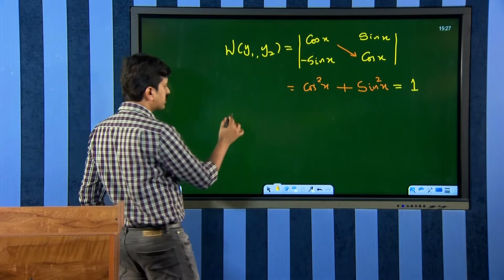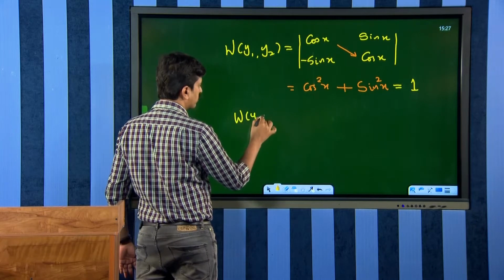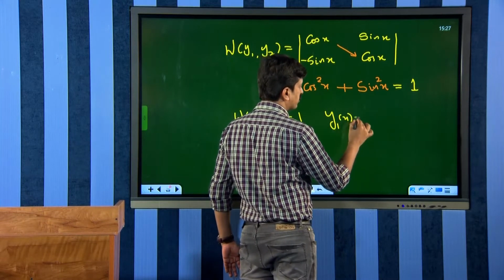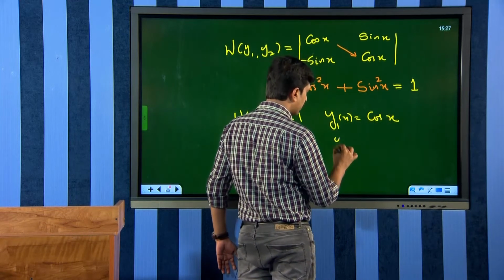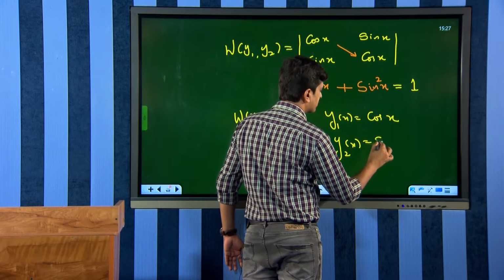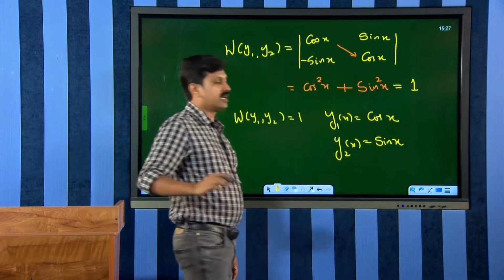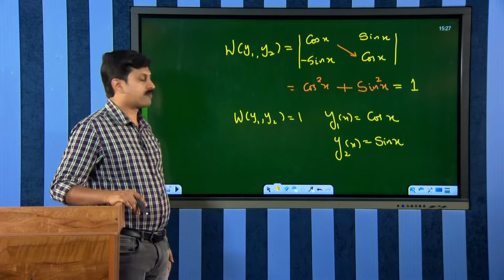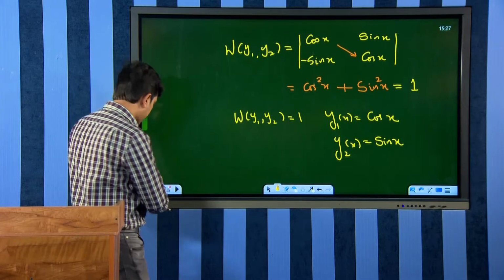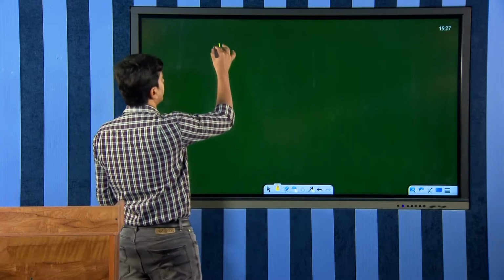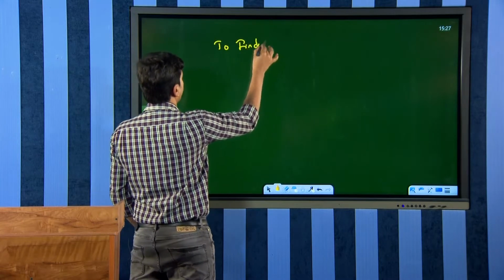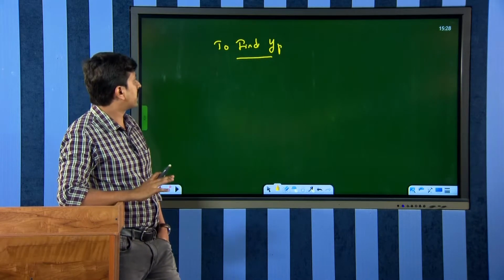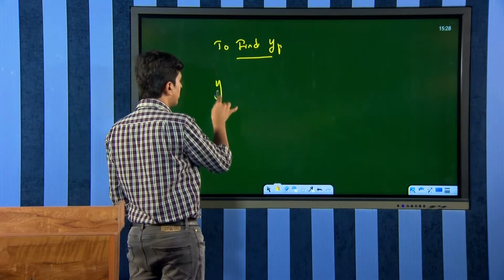We have the Wronskian of y1, y2 equal to 1, with y1 of x equal to cos x and y2 of x equal to sin x. Now we can apply the formula. To find yp, we have the formula: yp is equal to